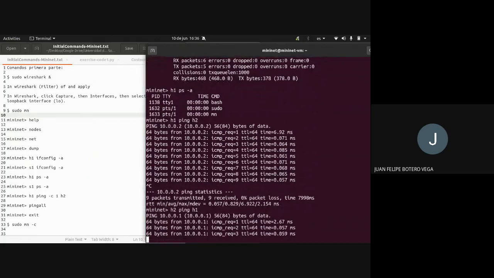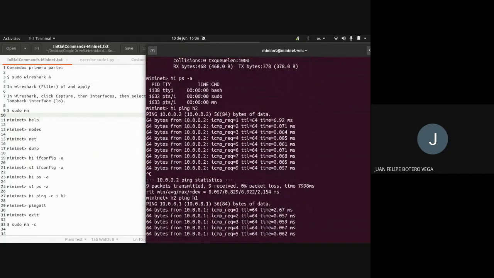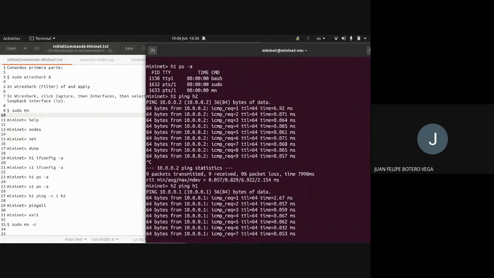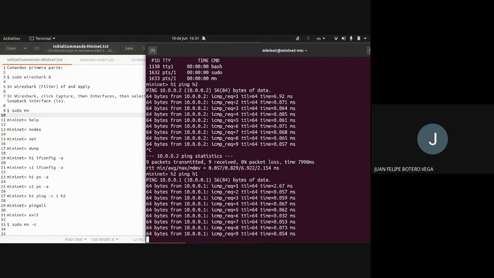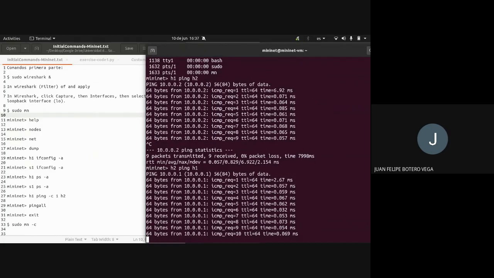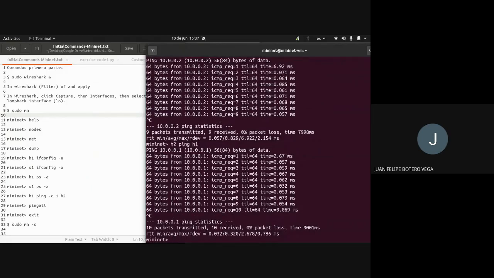So you can have a ping from H1 to H2 or from H2 to H1, because it's a simple configuration of Mininet. The switch acts as a hub,